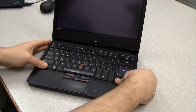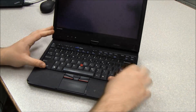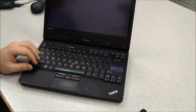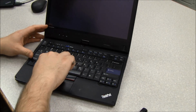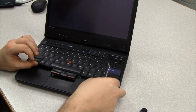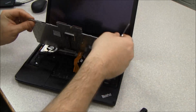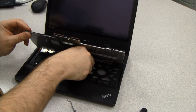and remove the keyboard. And so you push a little bit on the keyboard and it slides up. And I'm going to use a little tool here to help me get it out. So it slides up just a little bit, and then there's a couple of notched, not really clips, but hooks, and then it comes up, and there's only one connector here, so we're going to remove that one connector, and